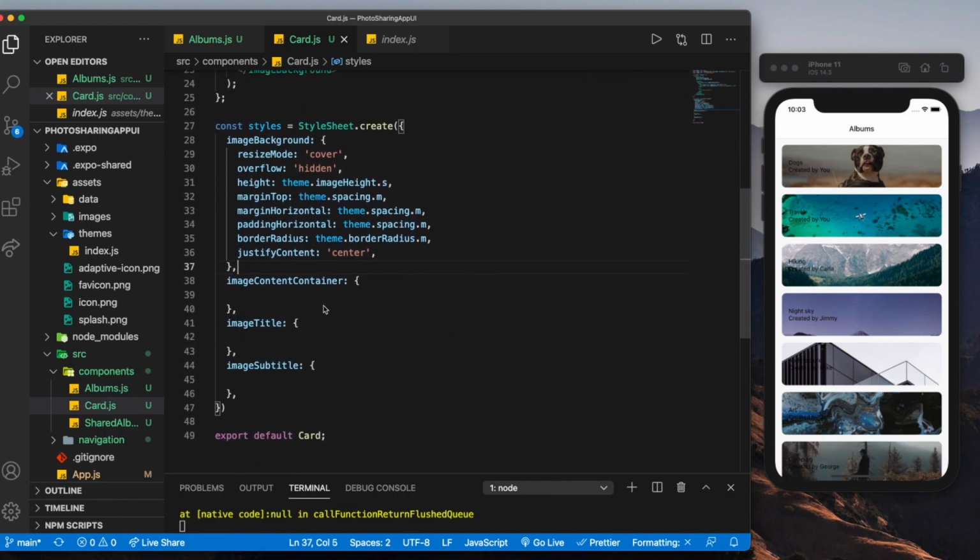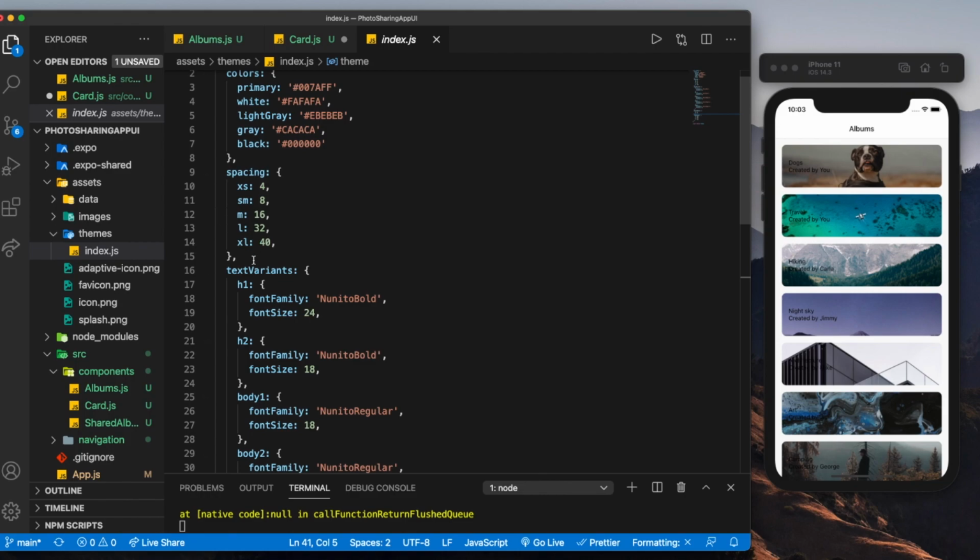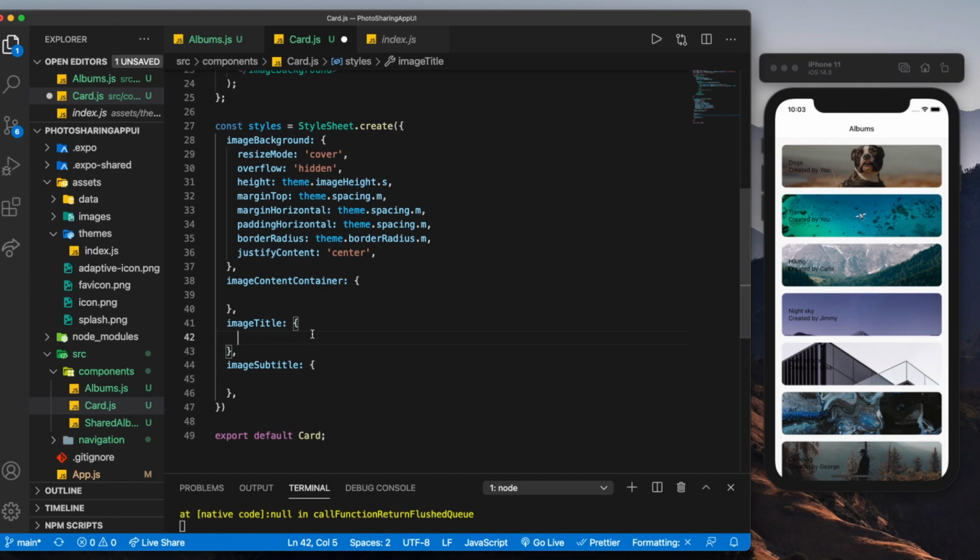Now we can move down to the image content container. So for this one, actually, let's leave it blank for now because we're not going to see anything even if we change it. We'll start editing this one when we plug in the avatars after. So let's go down to image title. So that's this title here. Now in theme, we already have some text variants set up. So for example, H1, it passes in a font family of Nunito Bold and a font size of 24. So rather than typing that out manually, we could just go